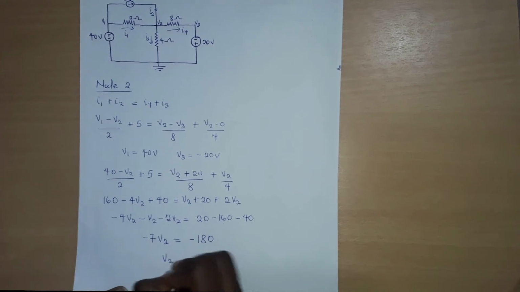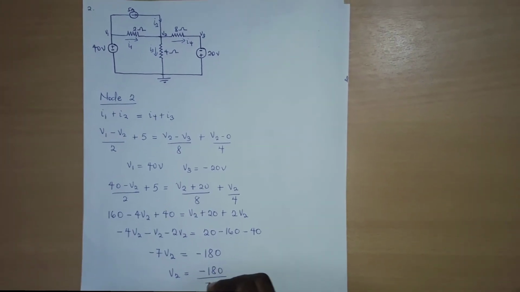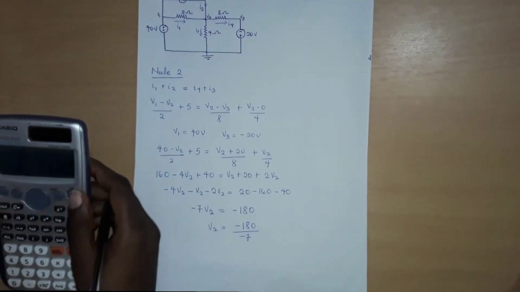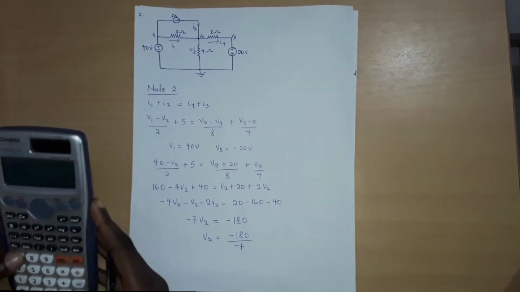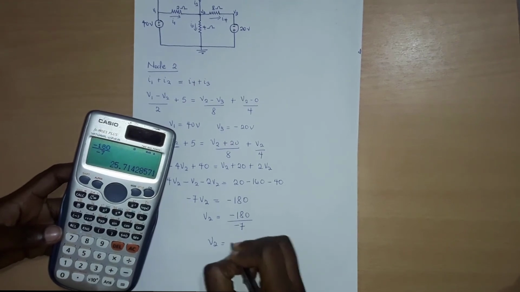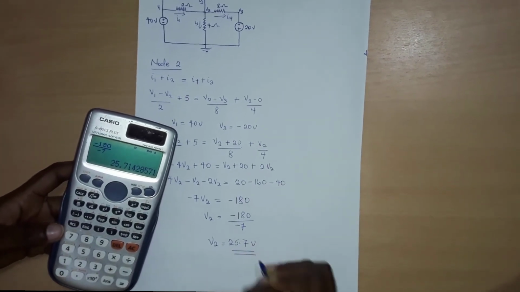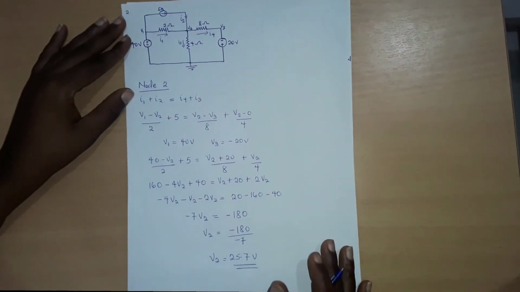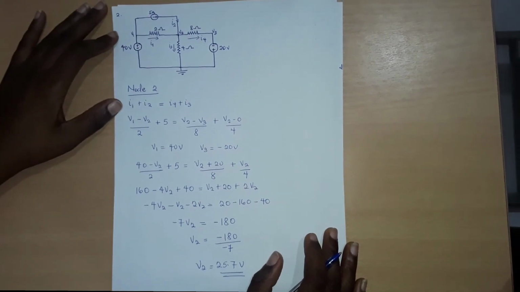So V2 gives us minus 180 over minus 7. And that gives us V2 to be equal to 25.7 volts. So that is how you solve nodal analysis questions when you have voltage sources between a reference node